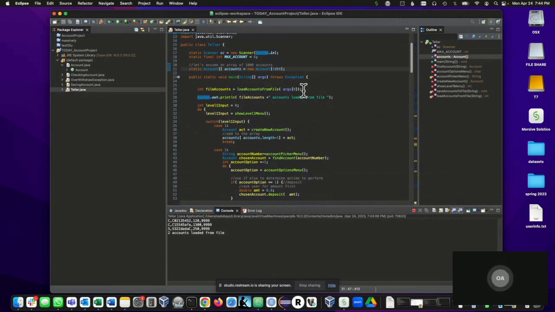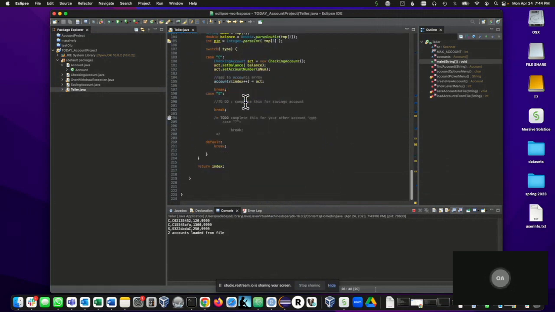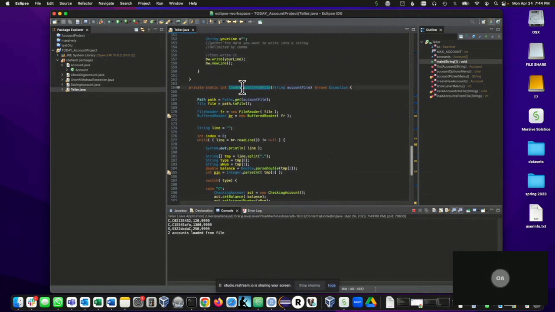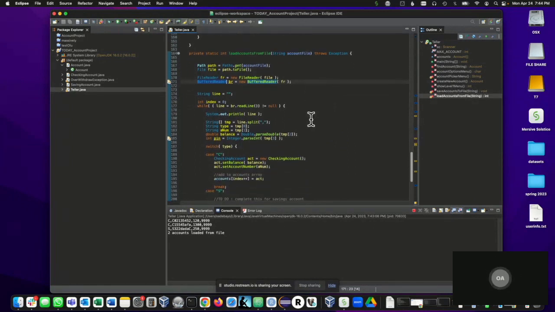then the next thing I did was I called loadAccountFromFile. Load account from file is at the bottom of this file. It does all the extraction from the data file that you passed in. Let's see that in a second, and then we'll come back to line 28. Load account from file is what is at the bottom here. And what does it do? It does all this boilerplate stuff for you, basically opening the file, opening a buffered reader, and then looping through